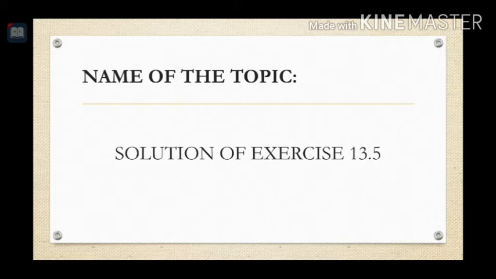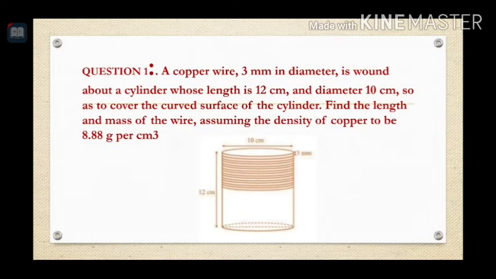This exercise is actually an optional one, but some of the questions of this exercise are very important. So let us start with question number 1. The question is: a copper wire 3 millimeter in diameter is wound about a cylinder whose length is 12 centimeter and diameter is 10 centimeter, so as to cover the curved surface of the cylinder. Find the length and mass of the wire, assuming the density of copper to be 8.88 gram per